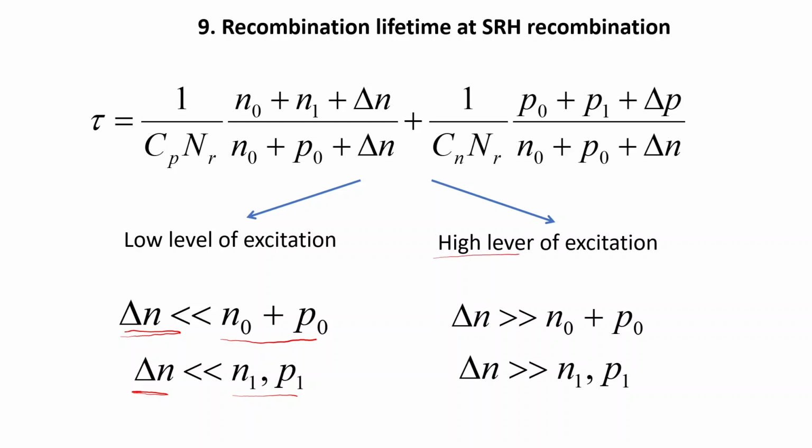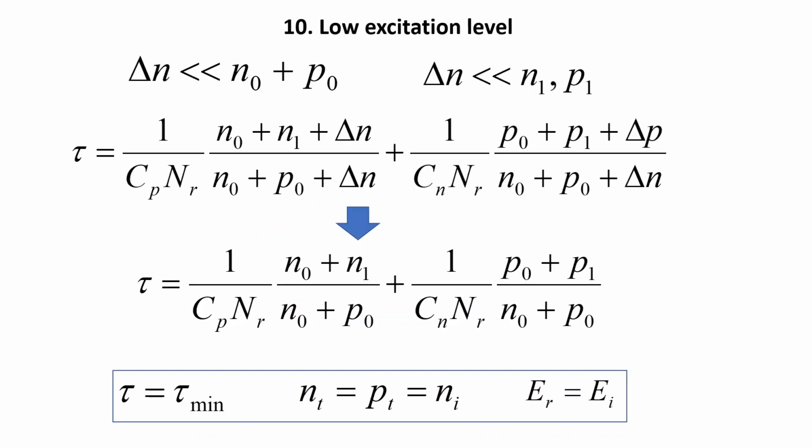Opposite to this, we have high level of excitation, where we have a much higher concentration of photo-generated charge carriers than any other charge carrier concentrations we deal with during this discussion. So first, for low level of excitation we can neglect